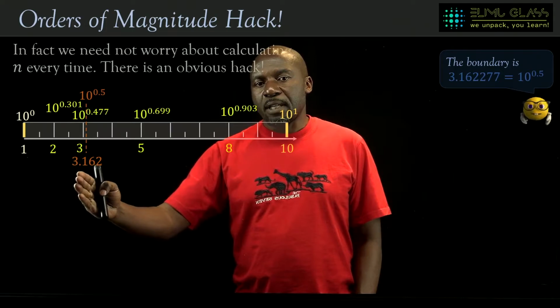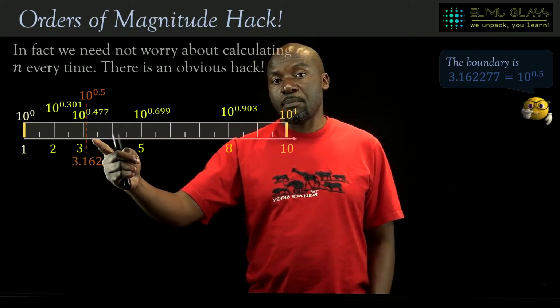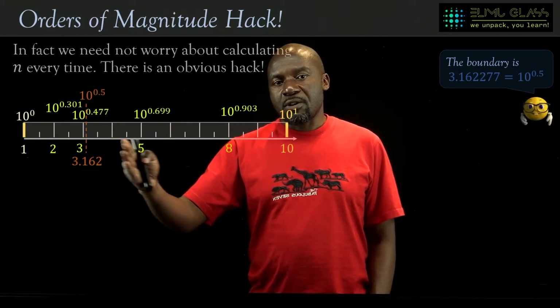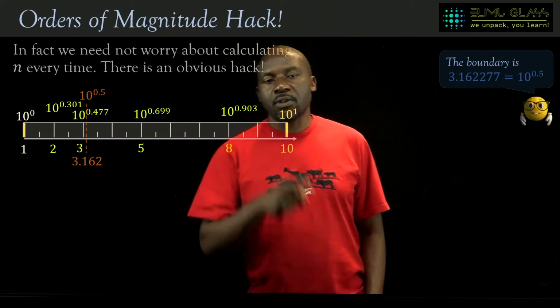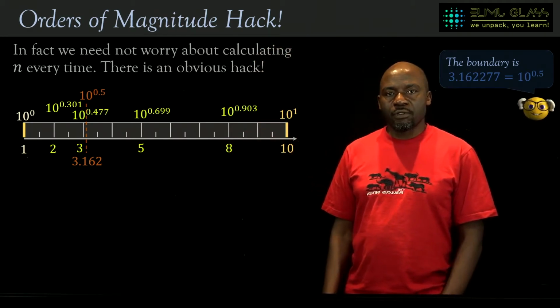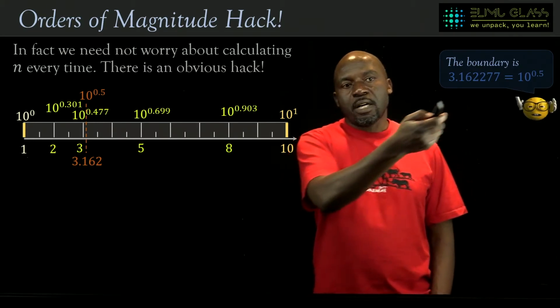And any number that is above this, so 3.5, 3.3, 3.2 in fact, will always round up to 10 to the power of 1. So this is the hack that we need to use to determine orders of magnitude. Here is an example of what I'm talking about. So now all we need to remember is